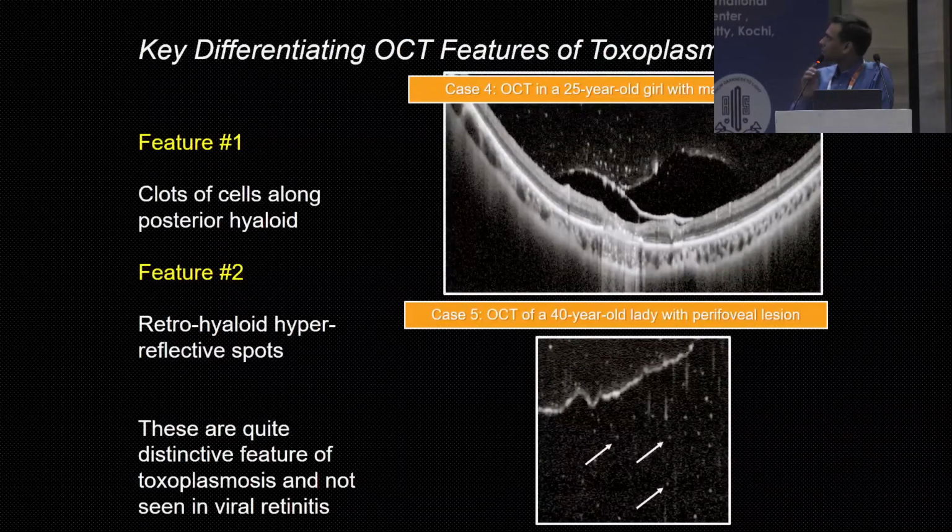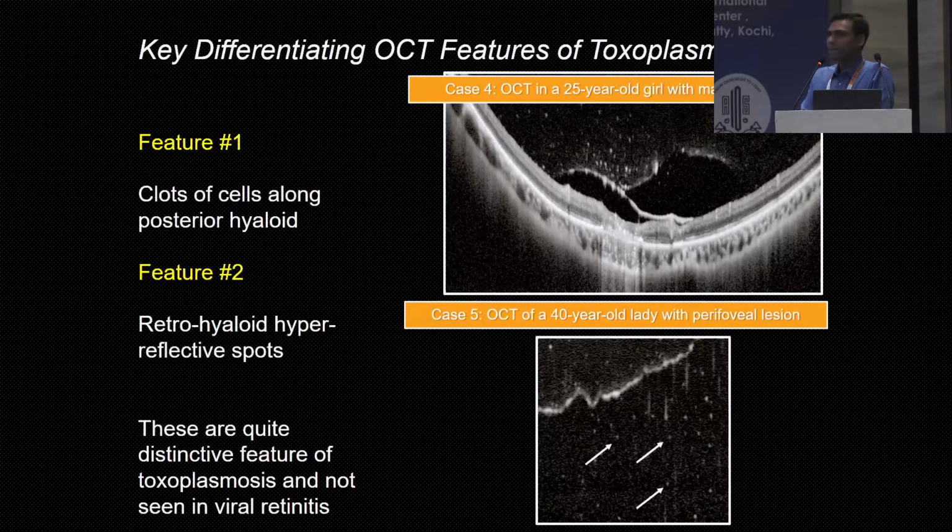The key differentiating OCT features in toxoplasma are clumping of cells along the posterior hyaloid, seen as dot-like hyperreflectivity. There are retrohyaloid hyperreflective spots, seen in the bottom image as white arrows. These are quite distinctive features of toxoplasmosis, and they are not seen in viral retinitis, because if we look at only the retina, the OCT features might appear similar in toxoplasma as well as viral retinitis. But these are the features which may help differentiate these two